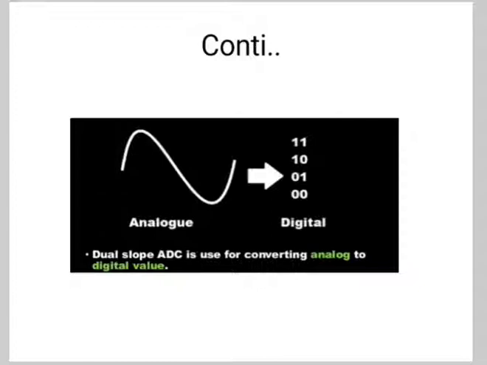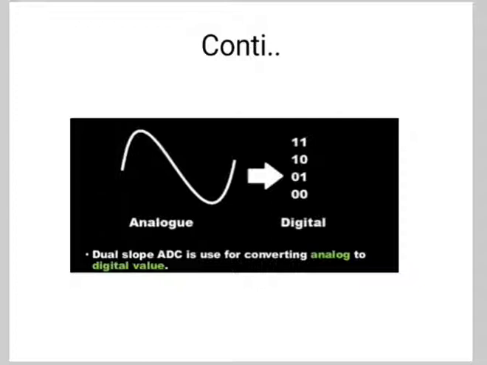So here the integrator is used to integrate an accurate voltage reference for a fixed period of time. The same integrator is then used to integrate, with reverse slope, the input voltage, and the time required to return to the starting voltage is measured. The order of integration does not matter. So where T is the elapsed time from when the integration began.